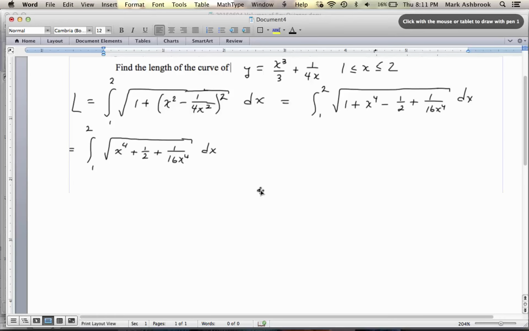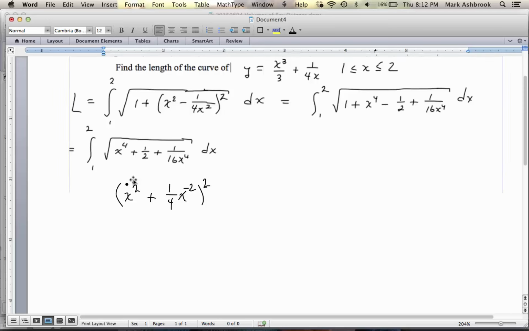Okay, so a student pointed out to me after class that I made this a lot harder than it needed to be. So from this step right here, what we want to do is recognize that this is now a perfect square, because x fourth is really x squared squared, and 1/16 x to the fourth is 1/4 x to the minus 2 squared. And so if we square that whole thing and we check the middle term, we find out that the